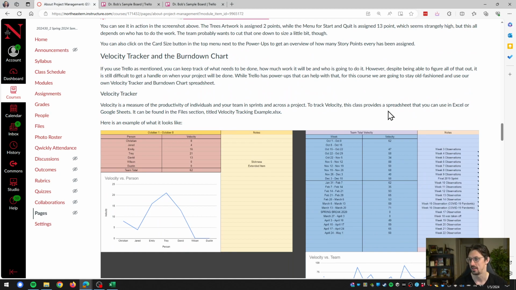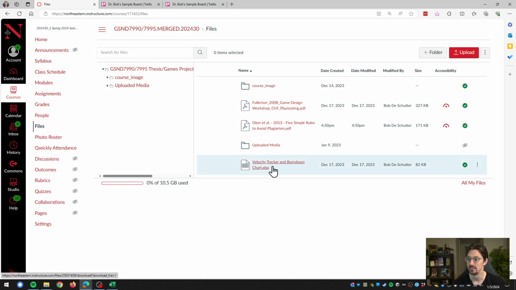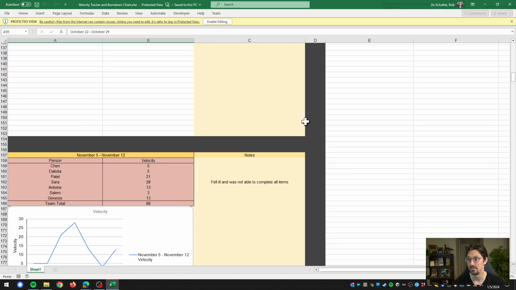Sorry, this is how it's going to be. Honestly, I like the spreadsheet. Most of my students in the past have preferred the spreadsheet over the Trello power-ups as well. If you want to use other software for this, you're welcome to do it, but I swear by the spreadsheet. If you go to files, you'll find it here. It's called Velocity Tracker and Burndown Chart. You're going to have to make some edits to it, but this will give you a really good example of